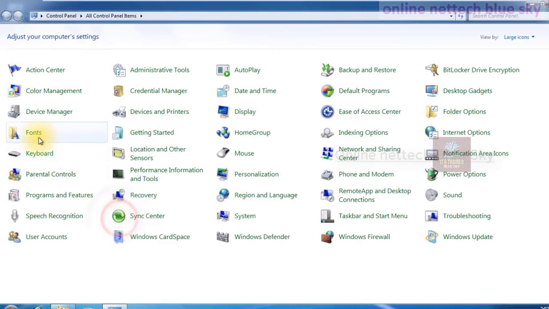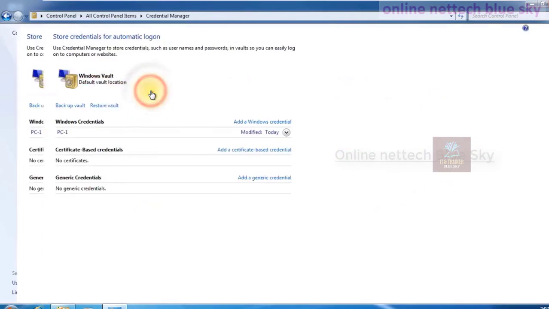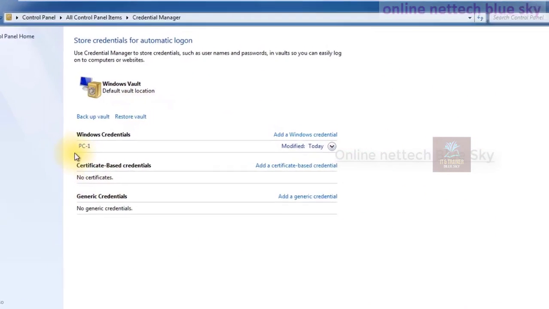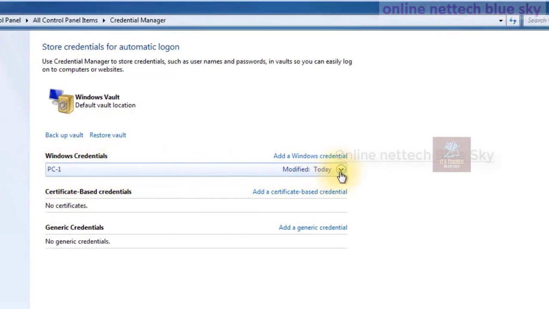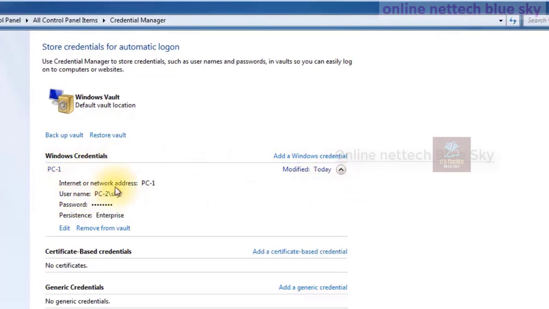So I'm just showing you the control panel, and you can see here it already stores my other PC's username and password. And this is the main reason: the calendar manager always keeps network working options here, and there is no need to log in again with username and password. But you may remove this information, so again you must enter the password and username here.